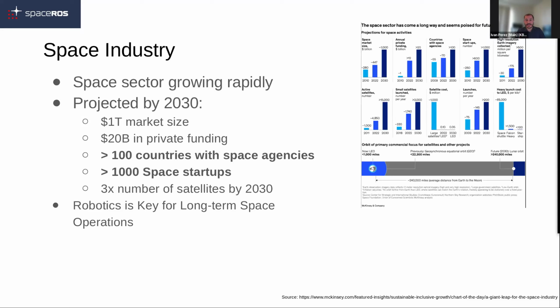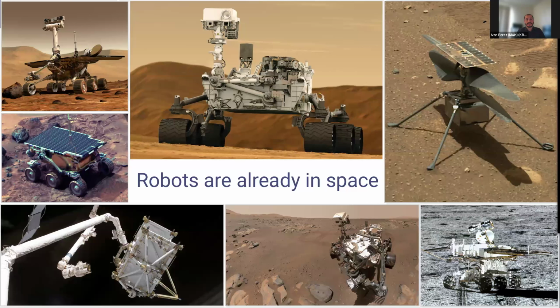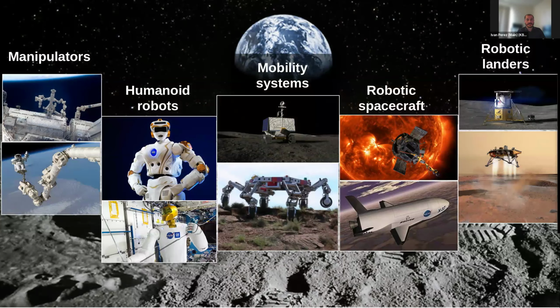I don't think I have to try really hard to convince you that the space industry is growing. We're seeing a boom in the market, in the industry. And robotics is going to be key for long-term space operations. And robots are in space. We have been deploying robots for decades. And they're not just the rovers or the helicopter. You know, robots are manipulators, and there's humanoid robots, and there's mobility systems and spacecraft, and there's landers, and they're